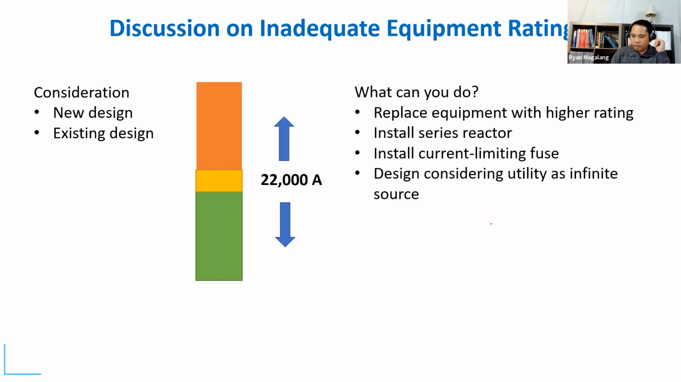these are just some of the things that you can do to lower your available fault. You could install a series reactor or a current limiting fuse, or you could design considering the utility as an infinite source. You can only do this if the project is at the design stage, but if it's an existing project, you cannot do that, obviously. What we're saying here is, in order to be safe,